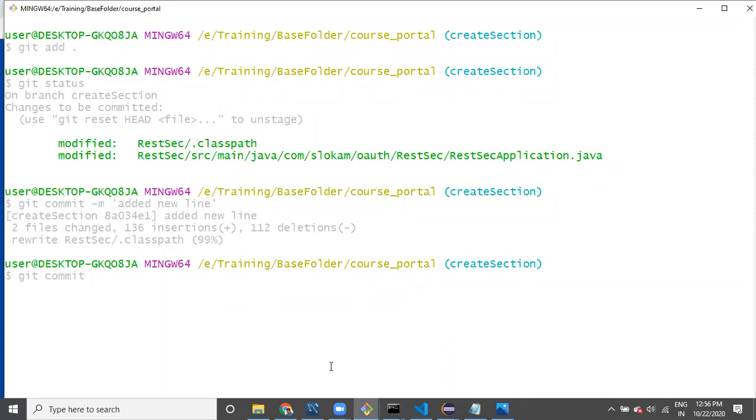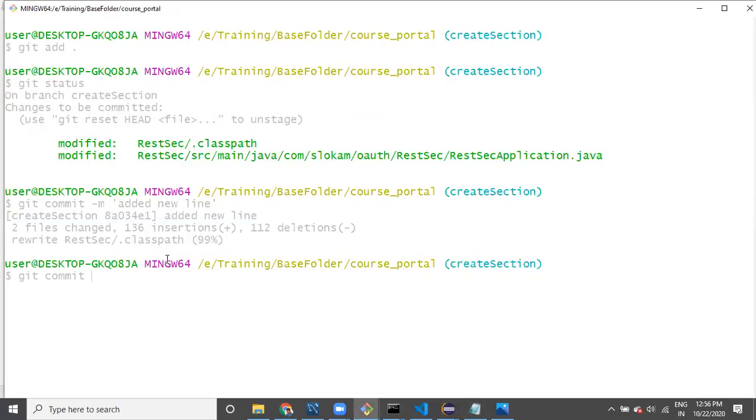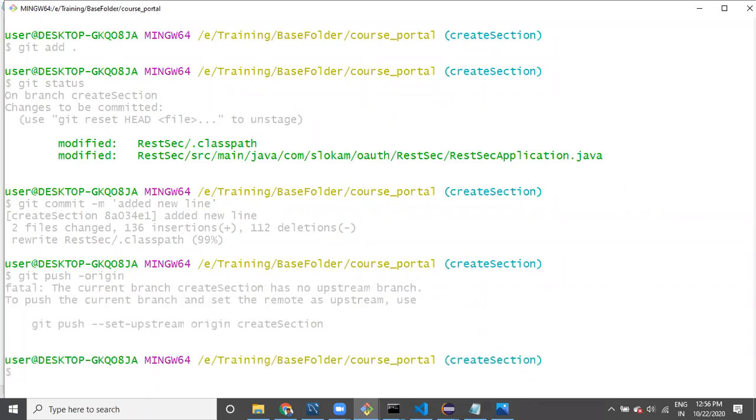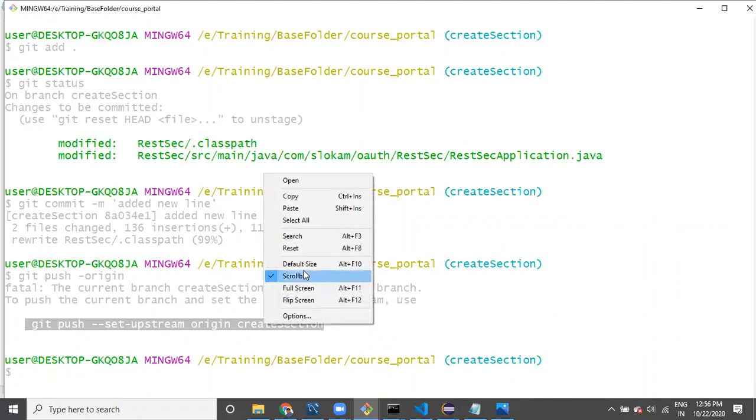We can say git push origin, branch name. So you can use this command.